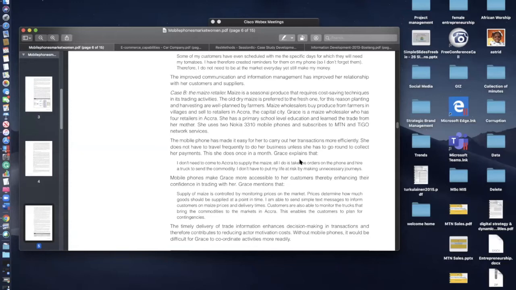The need not to move around has an intimacy with the ability to call and schedule deliveries and pickups. All of these things have some functionality that is supported by the phone. So if Grace could even add mobile money or mobile payments to it, it will even increase the value she will be